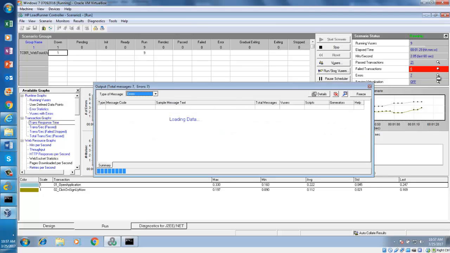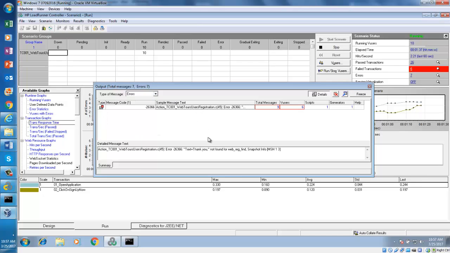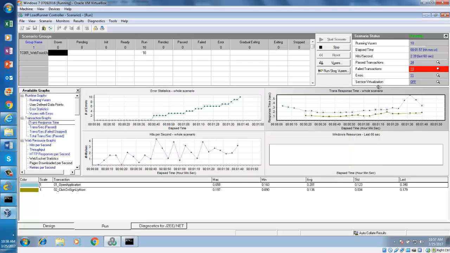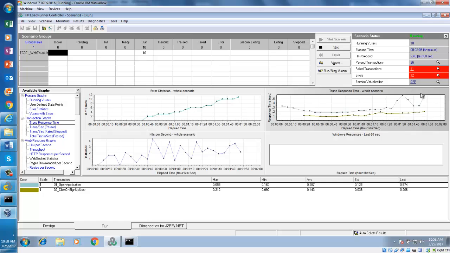If you click on this one, you will be able to see the errors. Now, if you double click on it, it says not found. When you are clicking on continue input user information, because that user is already registered, you will not be able to register it. For all of these users you will probably get this message, because I already registered them